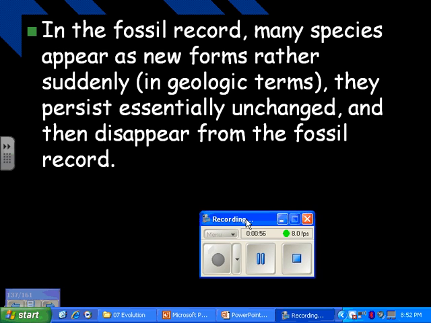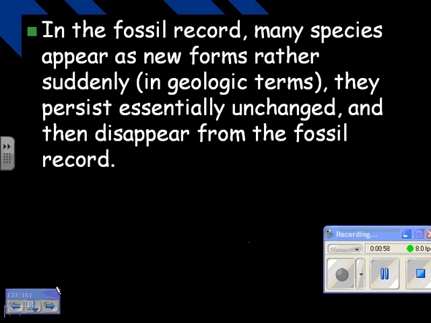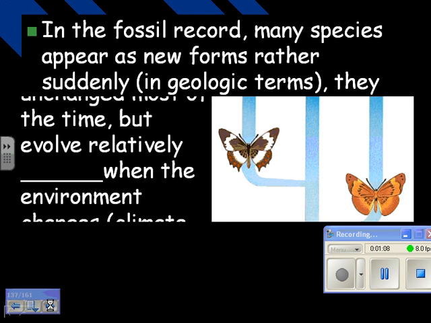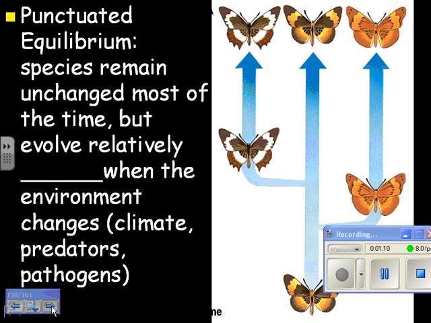And then the opposite one is the punctuated equilibrium model. In the fossil record, many species appear as new forms rather suddenly in geological terms. They persist essentially unchanged and then disappear from the fossil record. So punctuated equilibrium means that species remain unchanged most of the time, but evolve relatively quickly when